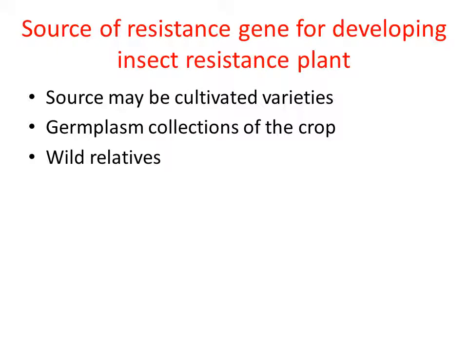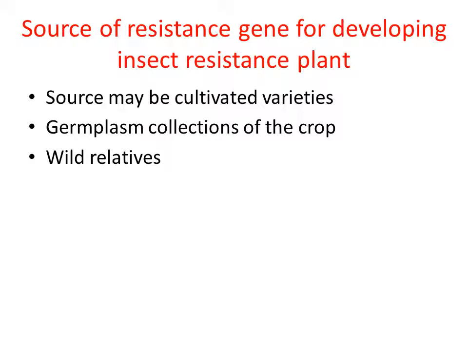Another way is we can go with the conventional breeding method. For that we have to select the parent that is showing resistance to insect, right? After selecting the parent, we have to follow some of the steps we have already studied in the plant breeding technique. Those steps are the conventional breeding steps. By following all those steps, we can raise the hybrid plant that is resistant to insect and pest. So these are some ways the breeders use to raise the insect resistance plant.